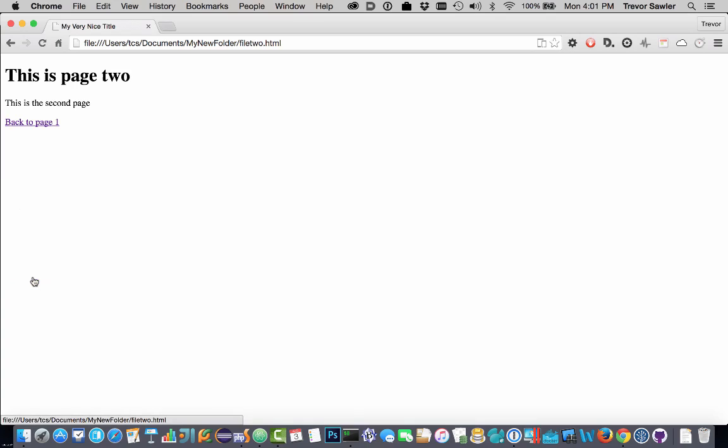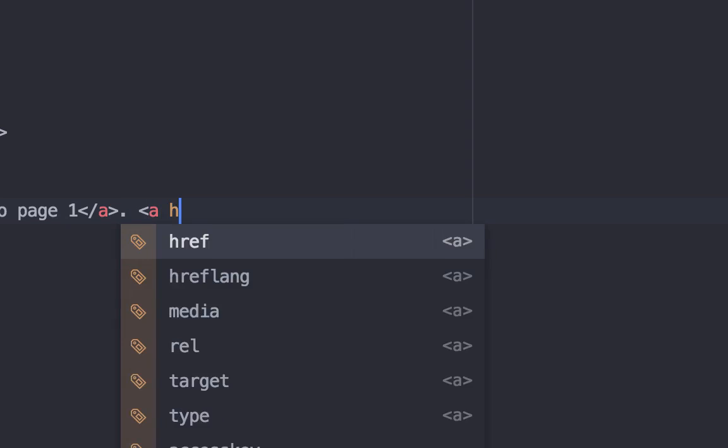Okay, that's good. But what if I want to go to somebody else's page on a different site? Well, here on page 2, let's put a link to Google. In this paragraph of text, I'm going to put a period after this, so it actually ends a sentence. And then I'll make a new link, href equals, and I want to go to Google. Now, how am I going to get there? Because I don't have a file called Google over here, and of course we don't need one. We just type the full web address to the page we want to go to. And the full web address is